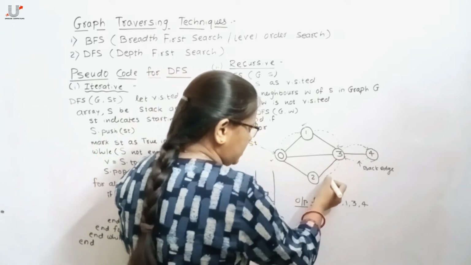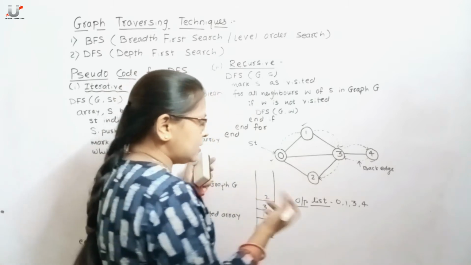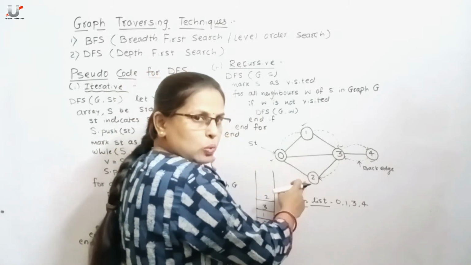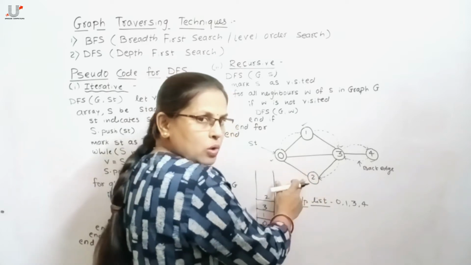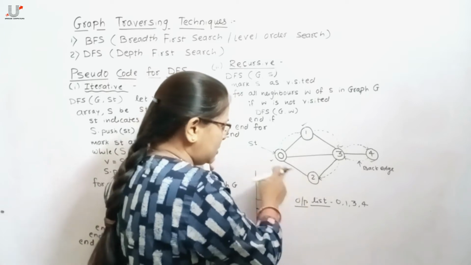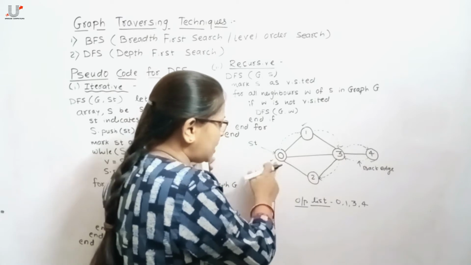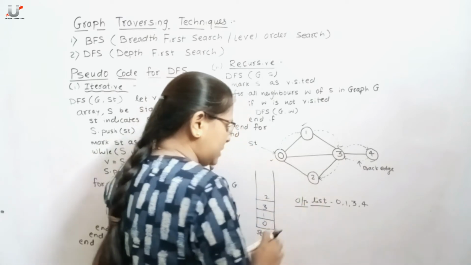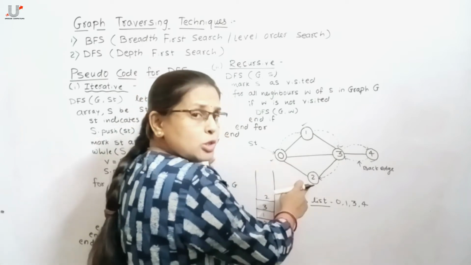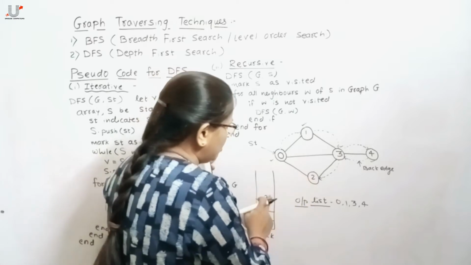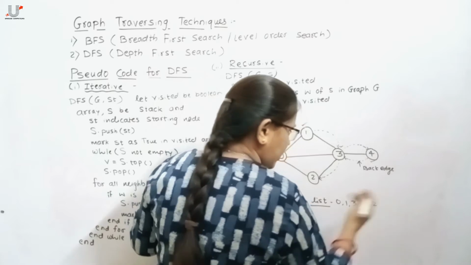So from 3 we traverse to 2. As that 2 gets added into the stack, try to explore that 2. Now you have to add all the adjacent nodes of this 2 into the stack. 0 is an adjacent node of 2, but it is already marked and present in the output list as well as in the stack, so leave it. Then there is no unvisited node for this 2. So pop that 2 from the stack and add it to the output list.